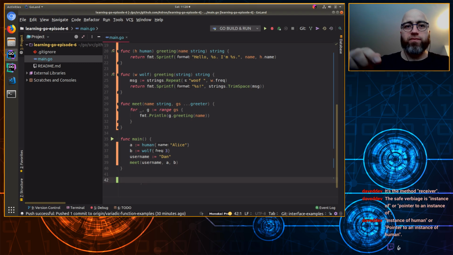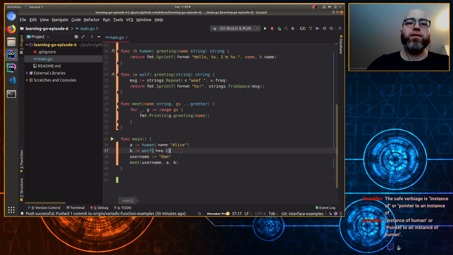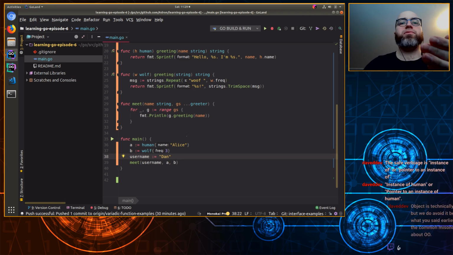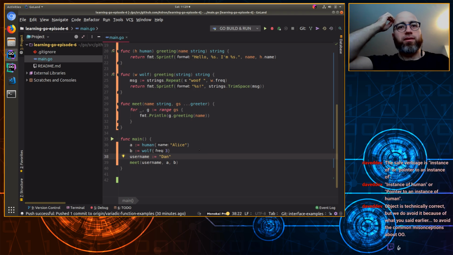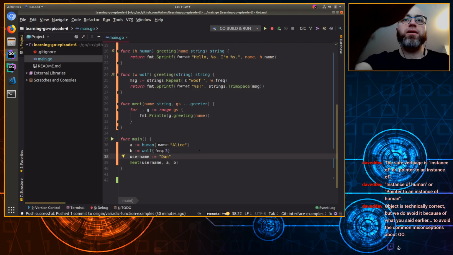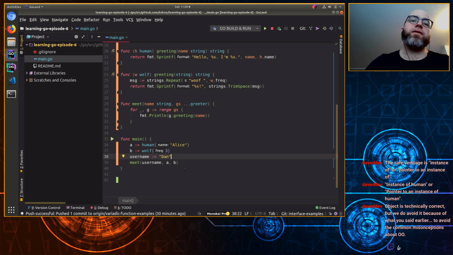So now in func main, we have Alice and a wolf that can be identified by whoo, the frequency, and username Dan. So we're passing Dan into the meet function, which actually does what? So greeting. Oh, so Dan then can meet whoever, and we step through each. So it should say Dan meet, or hello Dan, I'm such and such, or whoo. Oh yeah, okay. So when I run that,